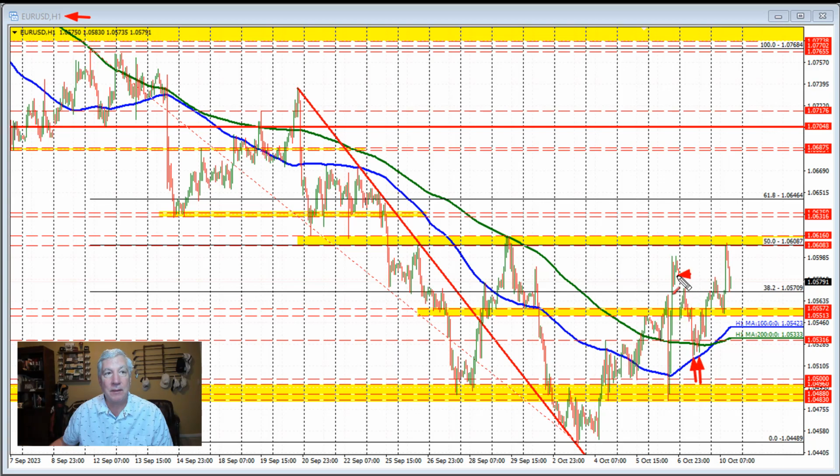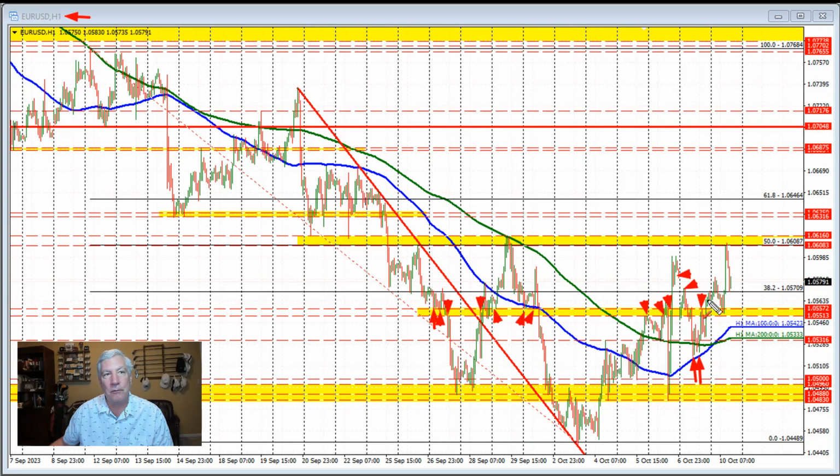First thing, we gapped lower, and we didn't fill this gap on the day. The market moved sharply to the downside in the European session and tested the 100-hour moving average both in the London morning session and early US session before rotating back to the upside. This swing area through here became a resistance target on the top side, and that's where the price ended up stalling in this rally to the upside yesterday before we rotated back down toward our 100-bar moving average and then